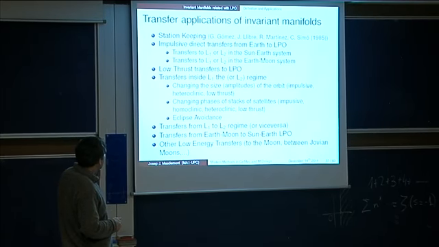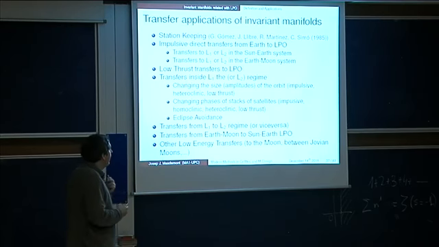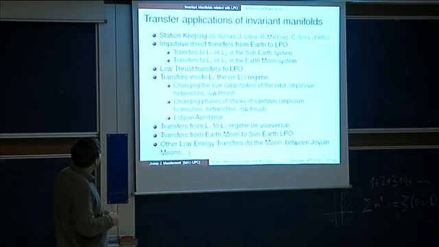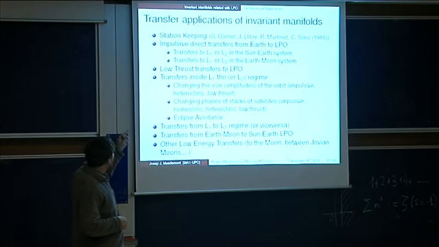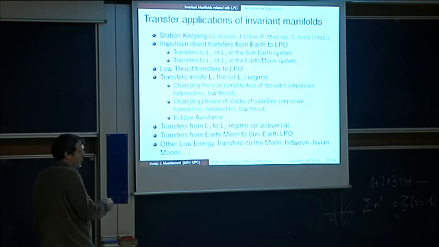So probably this was the starting point of using this kind of ideas in mission design for specific astrodynamic applications. And from this, using similar ideas, we can address different kinds of transfers. For instance, we can address impulsive direct transfer from the Earth to the LPO, the Libration point orbit, and low thrust transfers to the Libration point orbit. So we can transfer inside the L1 or L2 regime,